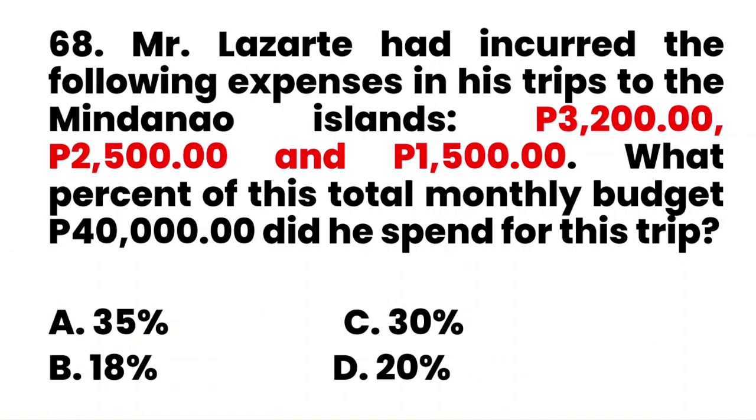68. Mr. Lazarte had incurred the following expenses in his trips to the Mindanao Islands: 3,200, 2,500, and 1,500. What percent of his total monthly budget, 40,000 pesos, did he spend for this trip? So si Mr. Lazarte daw, ang kanyang gastos nung nag-trip siya sa Mindanao ay 3,200, 2,500 at saka 1,500. Now, may budget siya na 40,000. So, ang tanong lang is, ilang porsyento ang kanyang nagastos sa kanyang budget na 40,000? Ang sagot ay,